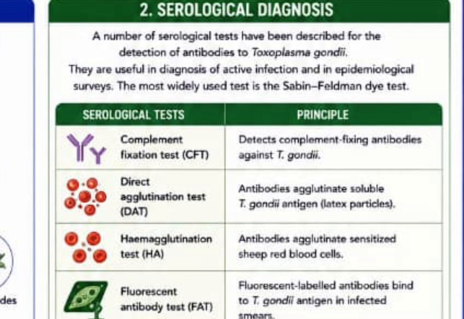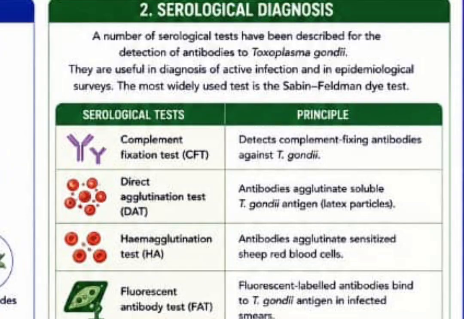But you can also use other serology tests. Like you can use the complement fixation test, you can use DAT, you can use HAT, you can use FAT. These are mnemonic: CFT, DAT, HAT, and FAT. But the Sabin-Feldman or dye test is the most suitable test, because now you take the sample of blood you